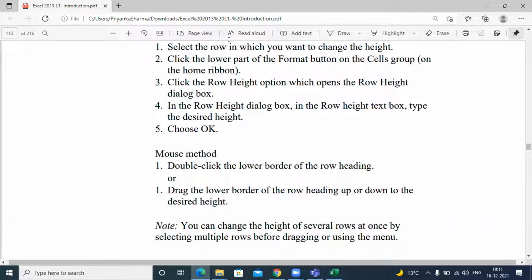Excellent, superb. The next thing that we want to talk about, because we are looking at the formatting options, is how we can format different cells in the worksheet. Why do we change the format? A couple of reasons. You want to enhance the appearance of your data, or you want to improve the readability. These two reasons are why you will format your cells in the worksheet.